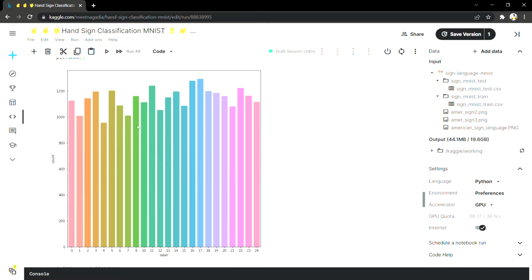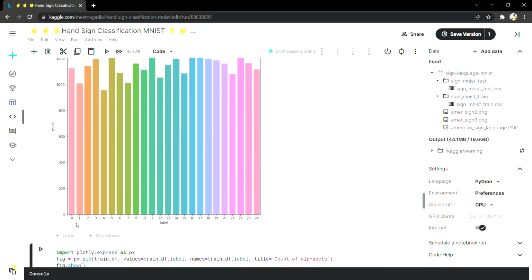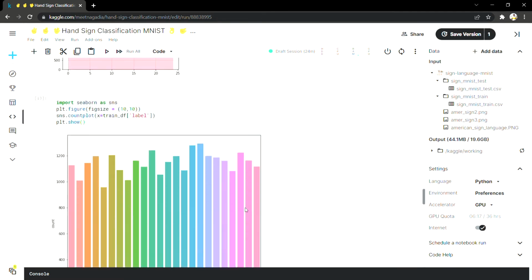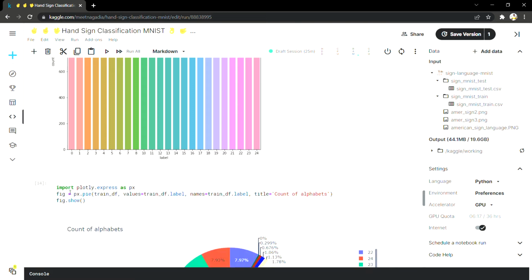So this has the more accurate or actual representation rather than just the histogram. It will specify each label that we have and their count. We'll also use plotly for drawing the pie chart. So what we'll do is import plotly.express as px, and then we'll take